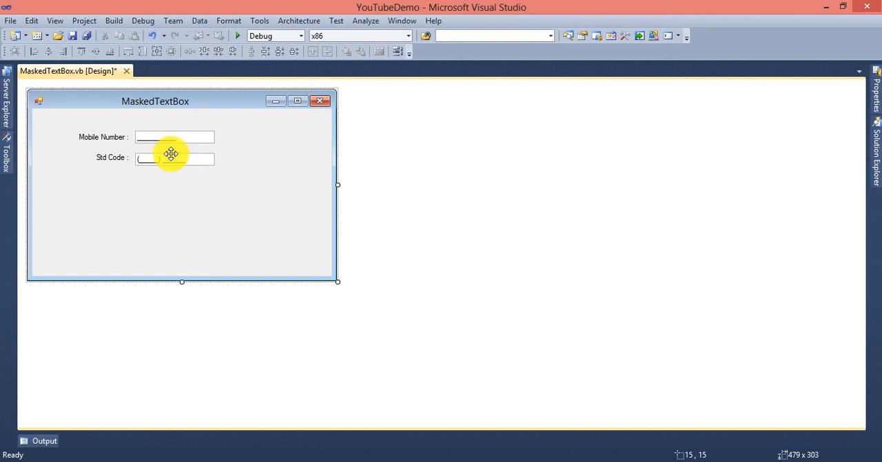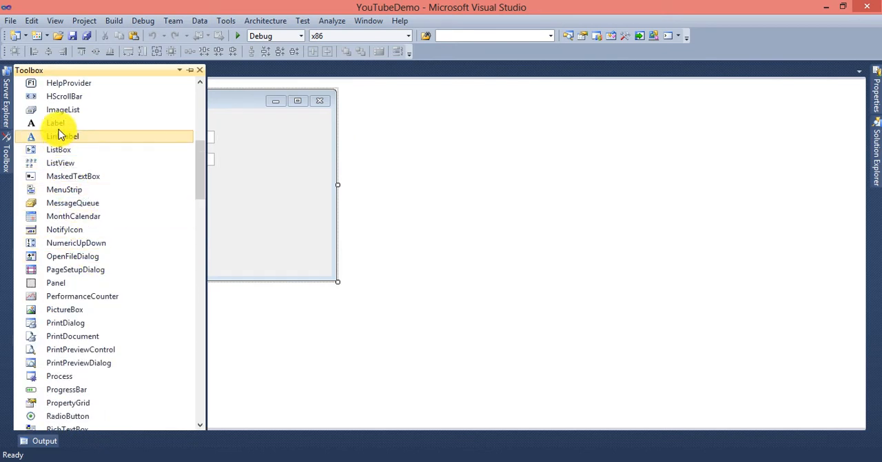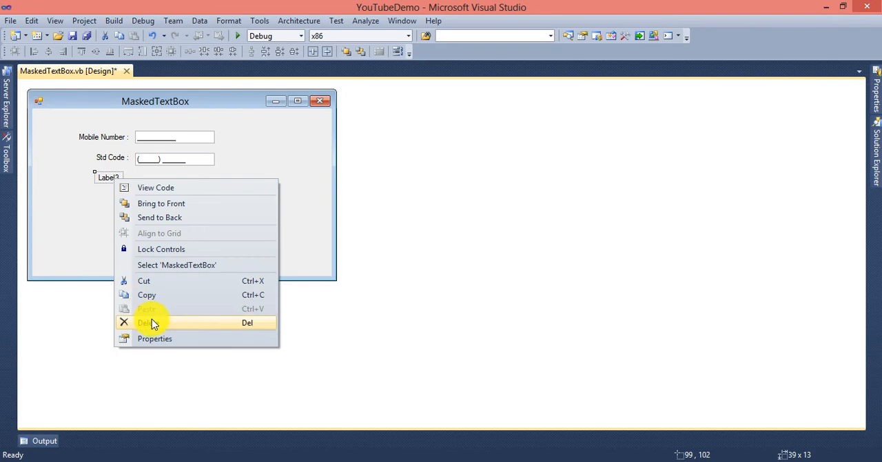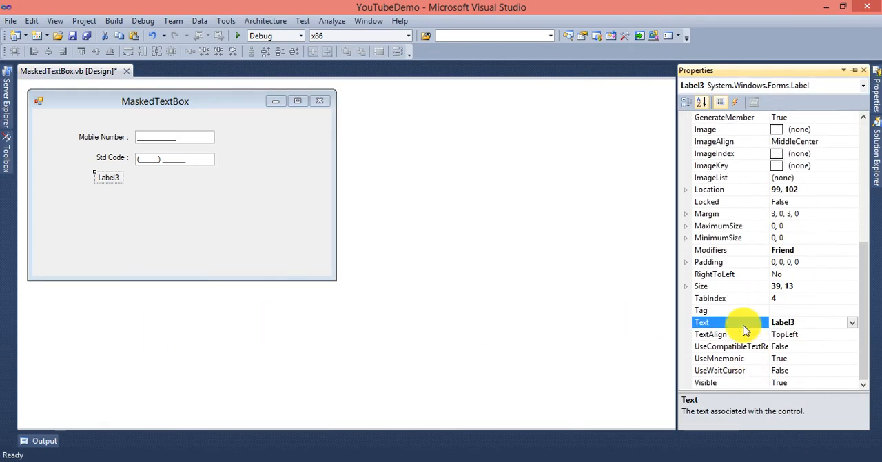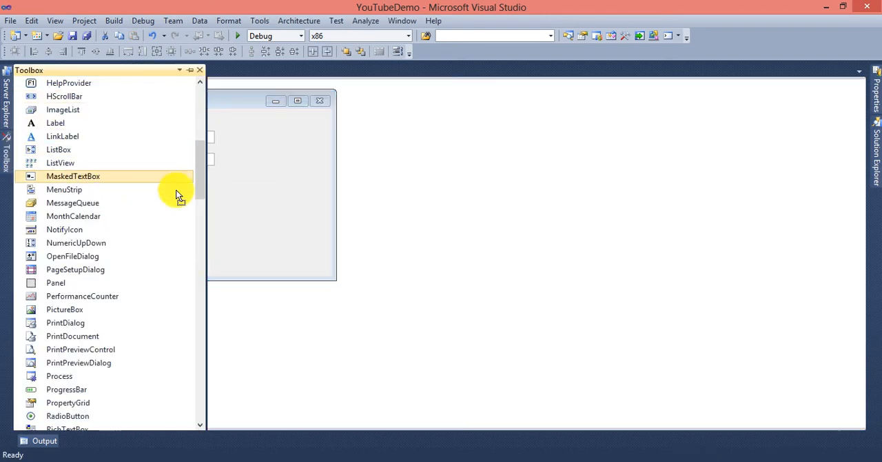Okay, then one more field will be displayed here, for time. I want to display time here in hour and minute. So in this table I am just writing time. Okay, and here a new masked text box, yes this one,